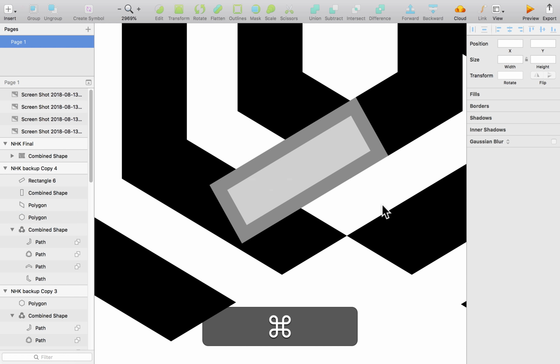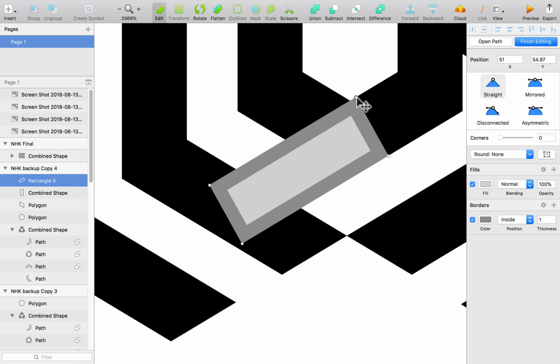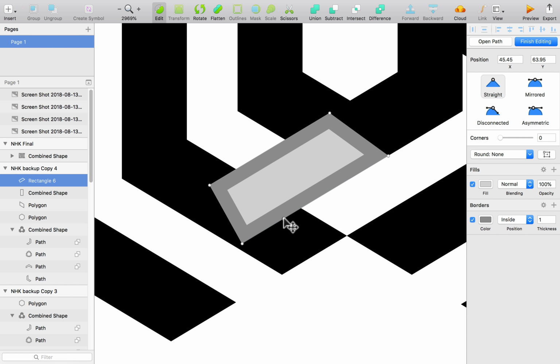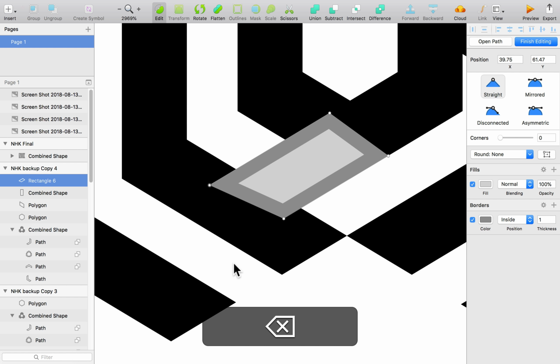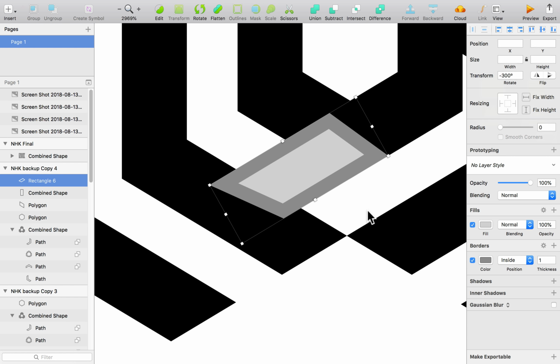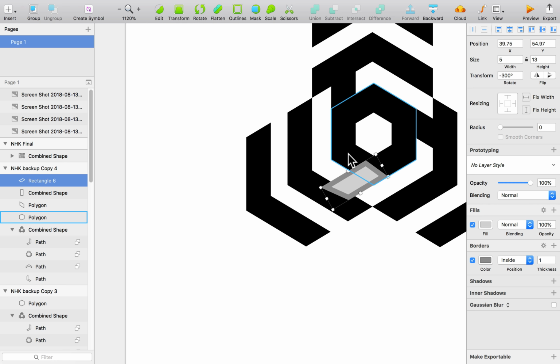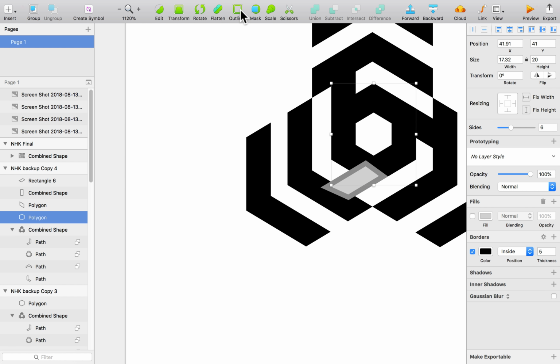Okay, so now I'm going to double click on this one. Going to click here and delete this point, because I don't want this one to mess it up there. And I'm going to click here and click on this point because it was too close. I don't like it. And now what I'm going to do is select this. Actually, this is still a regular polygon. I'm going to change it to outline,